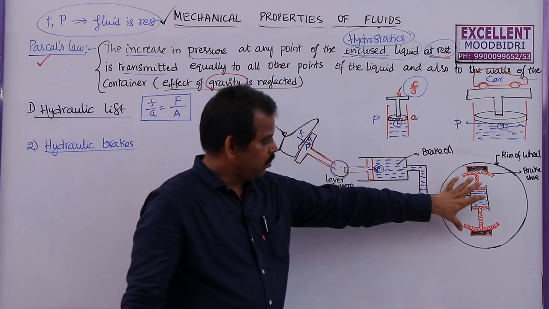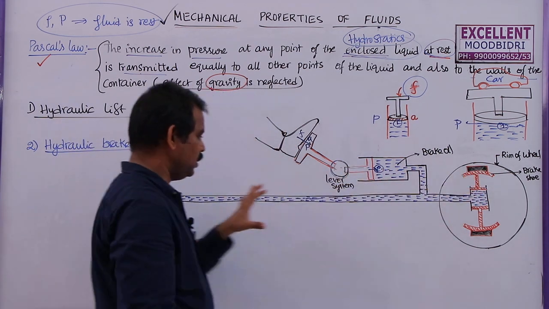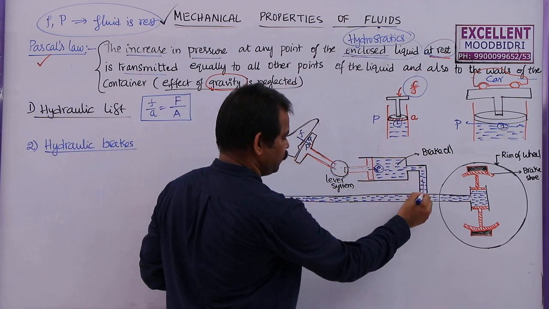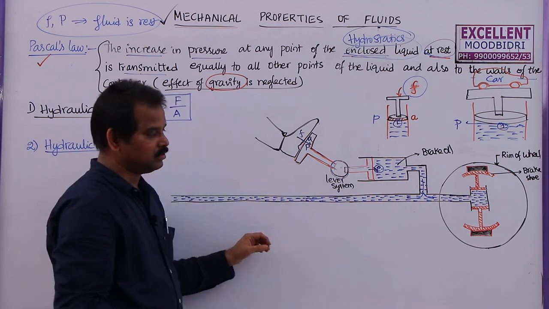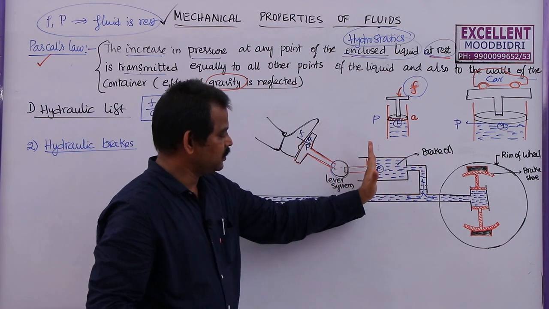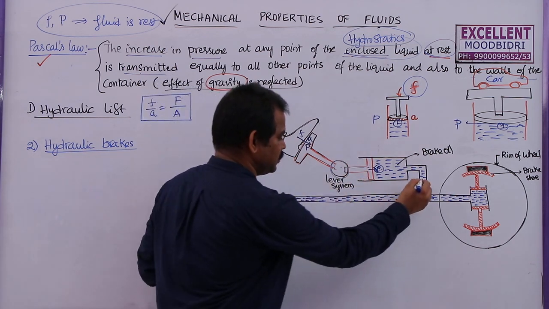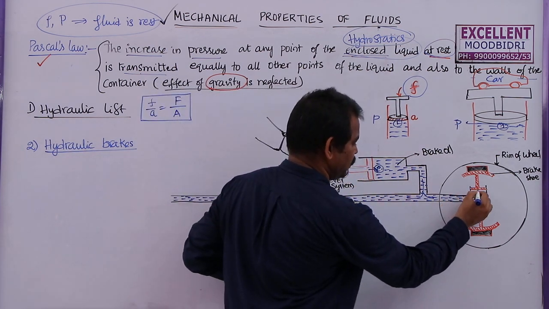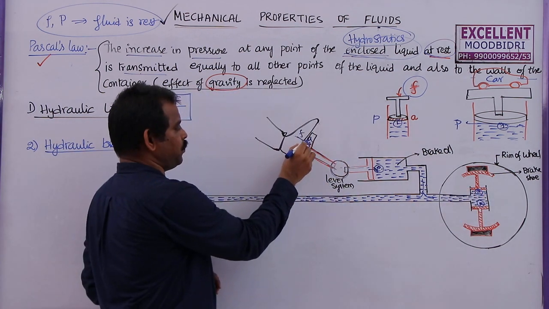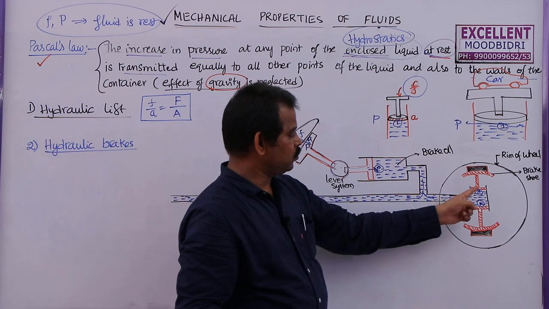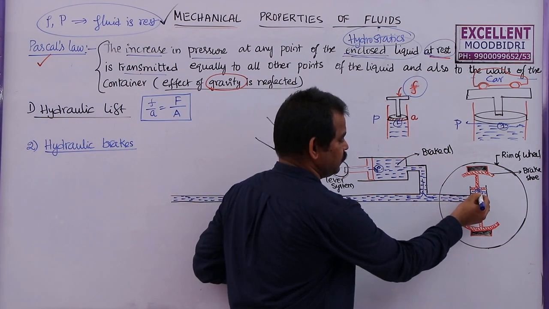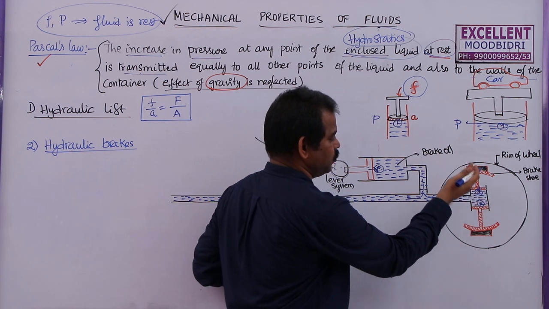So this is the front wheel of our car. Let us say the back wheel is somewhere here. Now this pressure will flow in all possible directions because it is a closed chamber and this liquid is at rest. When it is pressed here, this pressure will be created here as well as here. So whatever pressure we apply on the brake will be distributed to this piston as well as this piston. And this pressure will apply some force on this one.